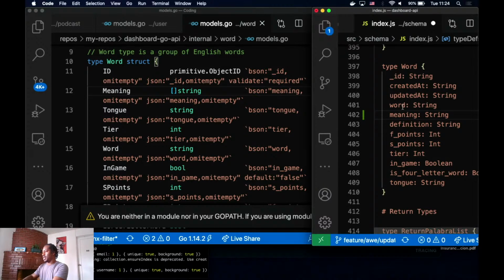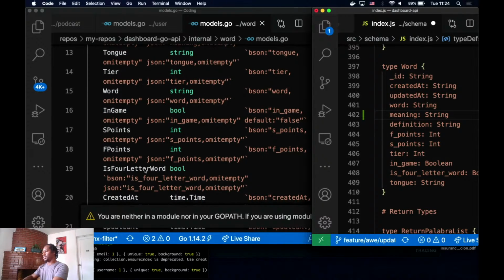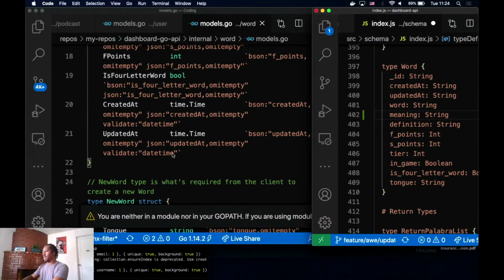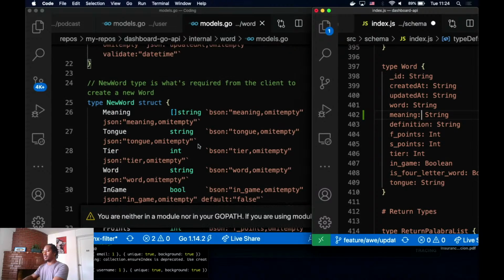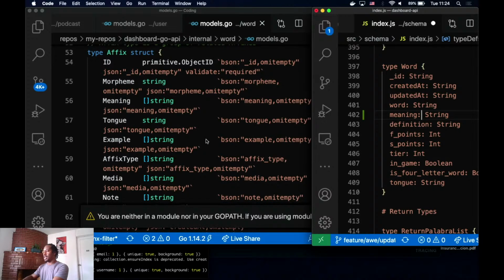Got that. We have tongue and tier. We got word, end game, S points, F points, is four-letter word. Create and update that. Okay. Word, update word. Don't need those.